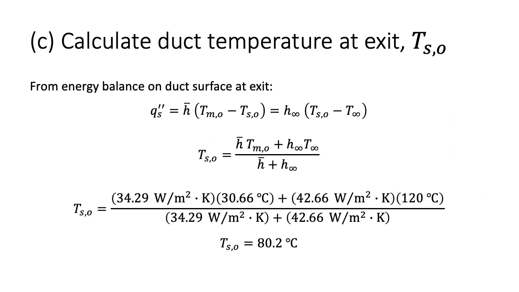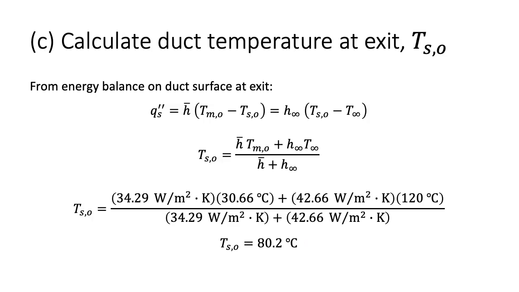For Part C, to calculate the duct temperature at the exit, we do a surface energy balance on the duct at the exit. Based on this, we get that the temperature is a weighted average of the surrounding temperatures, where the convection coefficients are used for the coefficients. This results in a surface temperature of 80.2 degrees Celsius, which is a little higher than the mean surface temperature,